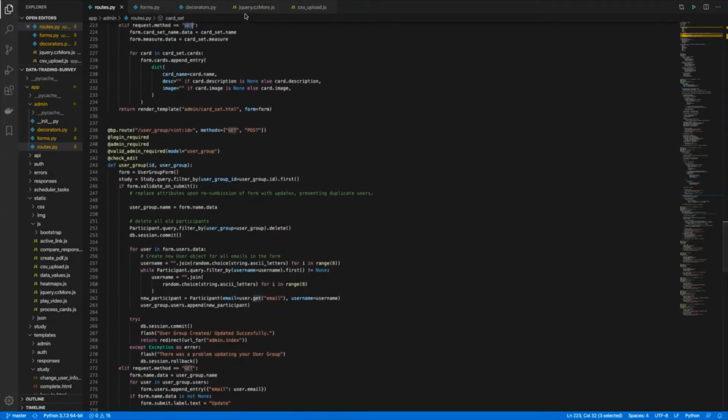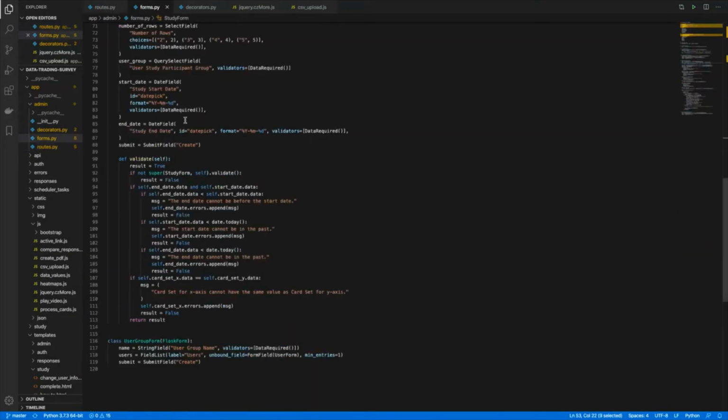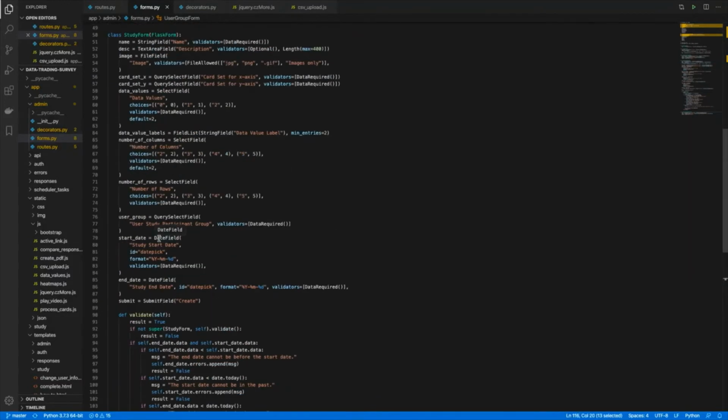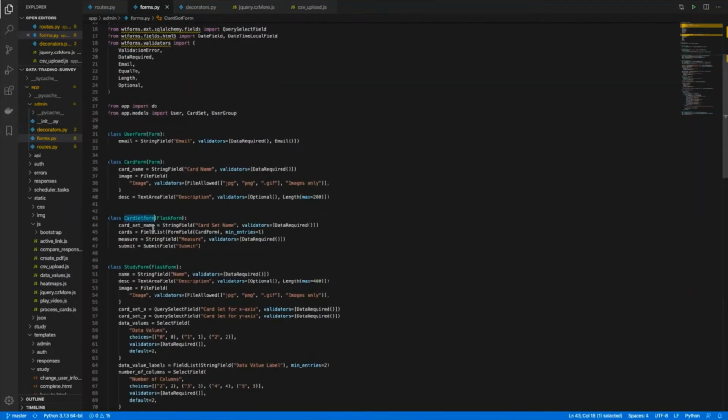One interesting thing to note is that within both the card set form and the user group form, so the user group forms there, card set forms here, one of the attributes is actually of a type field list.